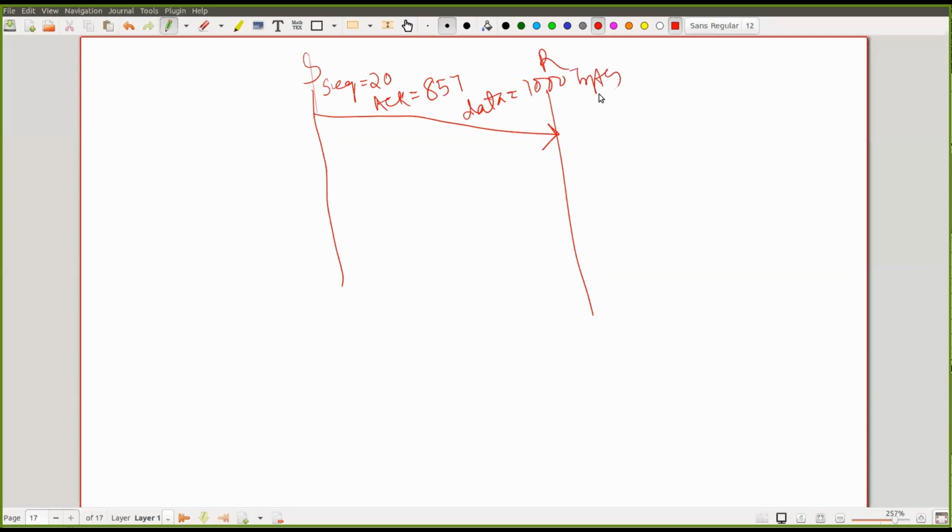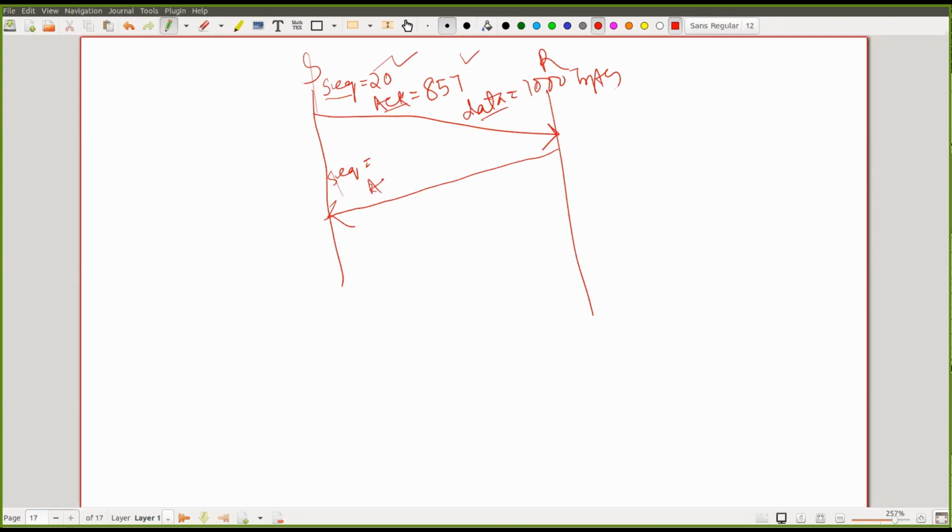So the sender is sending sequence number 20, acknowledgement number 857, and data of 1000 bytes. Now, as a part of it, the receiver is sending an ACK, with a sequence number,